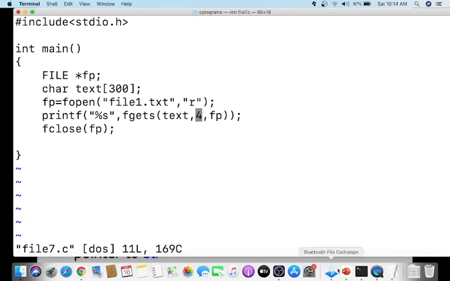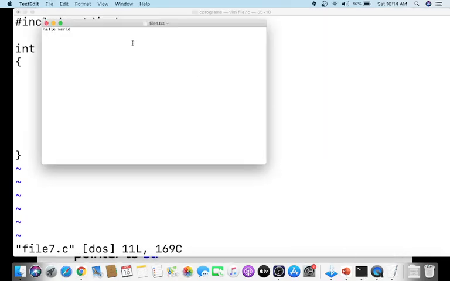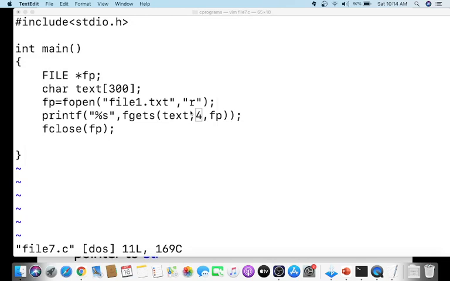If we see this file, after hello world there will be an end of file. So even if we specify 200, it won't read 200 characters. It will read only the first characters, and after that there is an end of file. We won't be able to see it, it is in binary. When it sees the end of file, it stops automatically. That is why when we specify 200, it reads only hello world and displays the output as such.